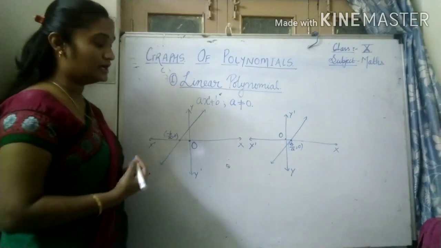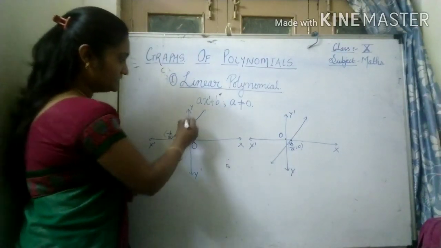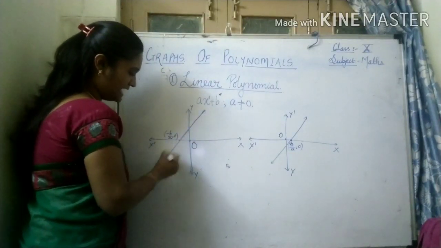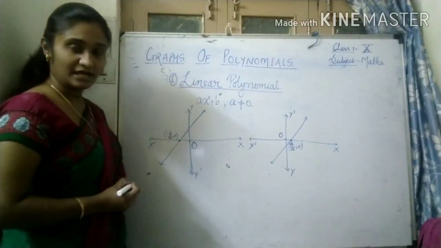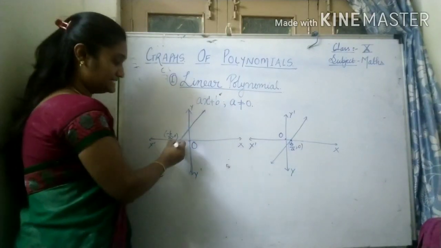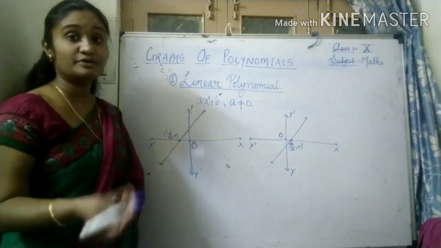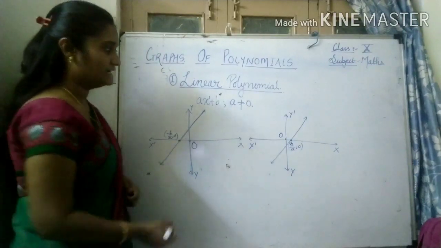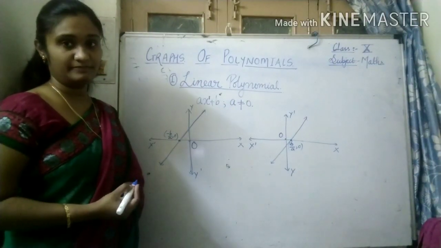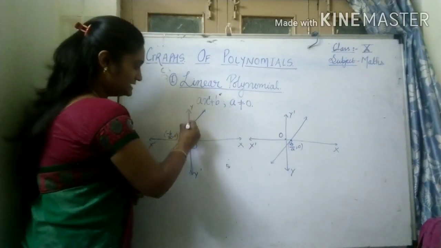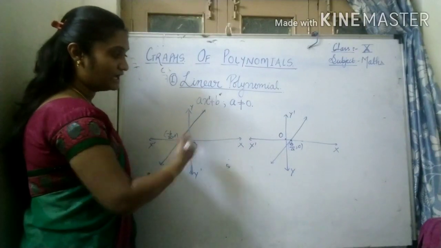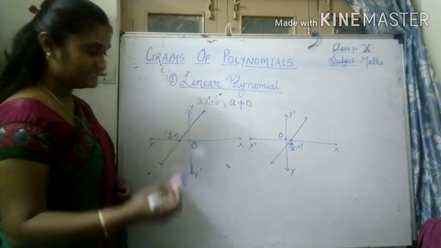If we are going to draw a graph for this particular function, always remember it will always cut the x-axis at one point. Now I'll tell you the reason behind it. The number of times a particular graph intersects the x-axis depends totally upon the number of zeros that polynomial will have. For example, if I am talking about the linear polynomial, the number of zeros for this linear polynomial will be equal to 1. That's why this linear graph is going to cut the x-axis only at one point. Now you might be surprised that why I have drawn these two linear graphs. Now just pay attention here.